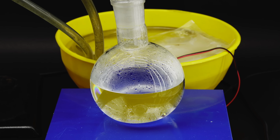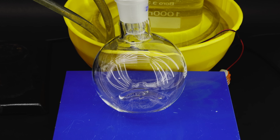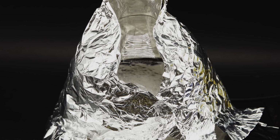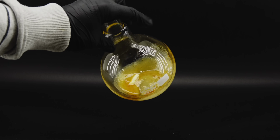is quite nice. Anyway, at some point there was no more water coming over, and the temperature of the vapor started rising, so I switched the receiving flask for a new one and began collecting my precious ethylene glycol. As the distillation went on, the antifreeze magically turned colorless, which I thought was weird. Anyway, in the end, I ended up with nearly a full flask of ethylene glycol, along with this antifreeze sludge,